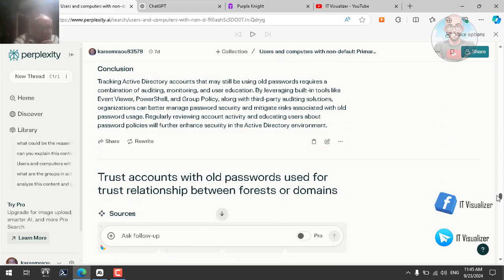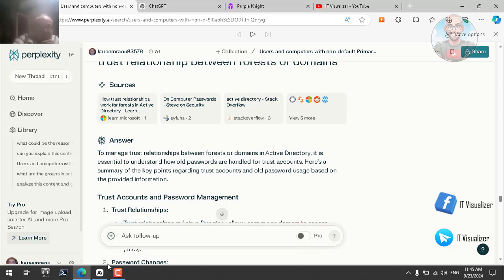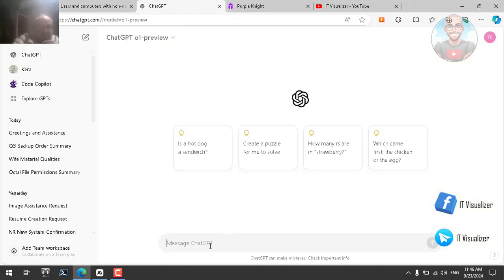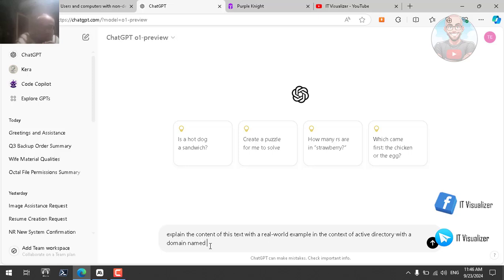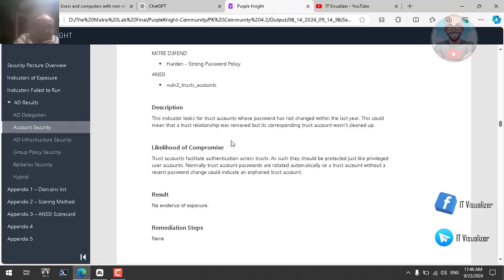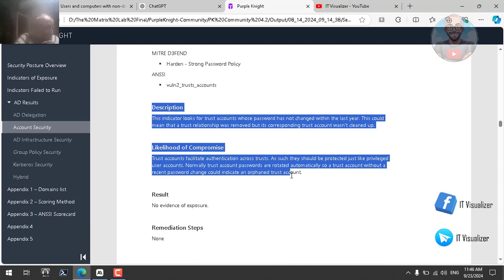Let's first stop at the trust account with all passwords and then get, or we can type it, explain the content of this text or this text with a real world example in the context of Active Directory with a domain named matrix.internal. So let's do that and then put the description and the topic or the likelihood of compromise, these two